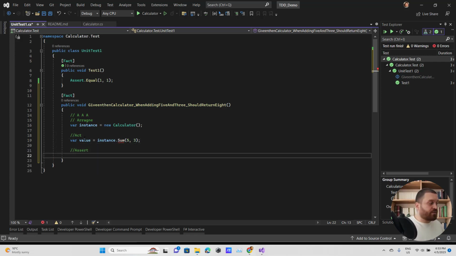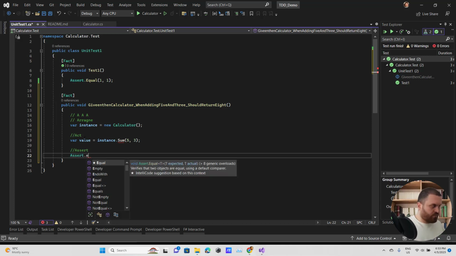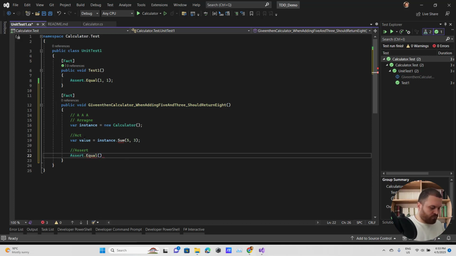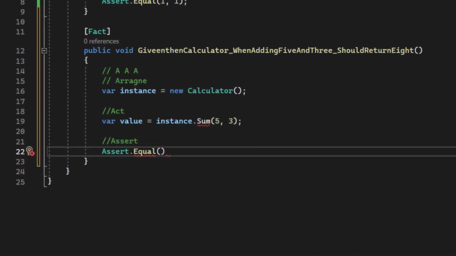And in the assert, I'm going to check if the expected result is equal to the result that I'm getting. Let me show you.